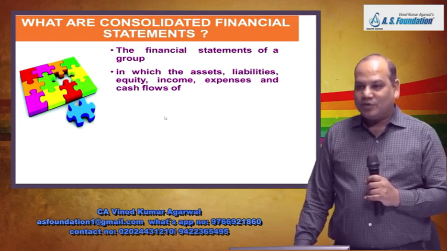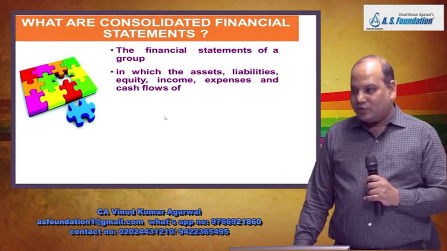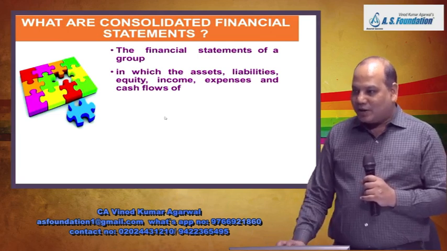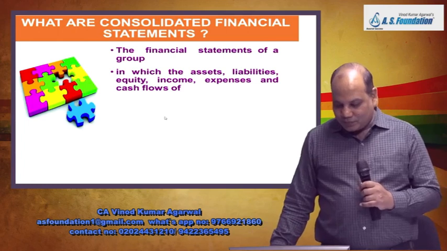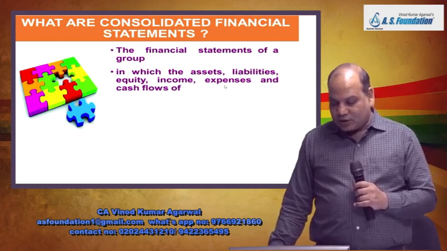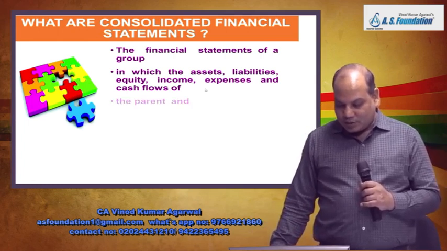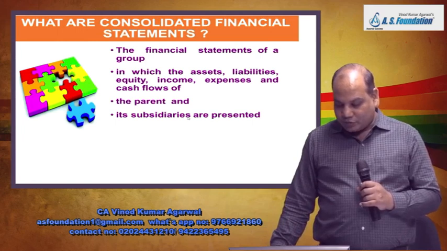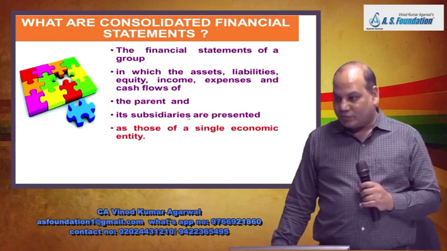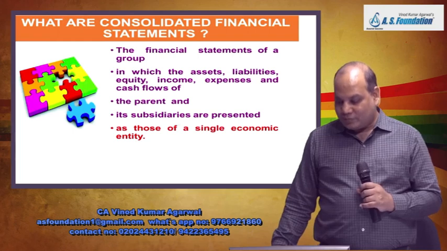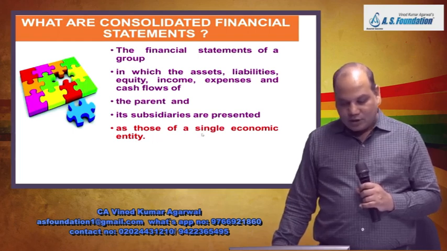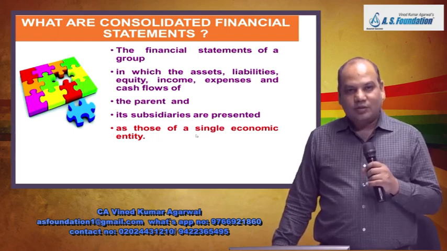A or B or C? The answer is A. Group means parent and subsidiary, in which the assets, liabilities, income, expenses and cash flows of parent and its subsidiaries are presented